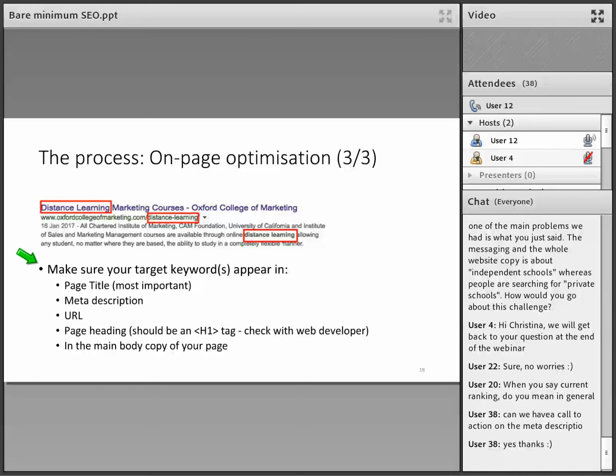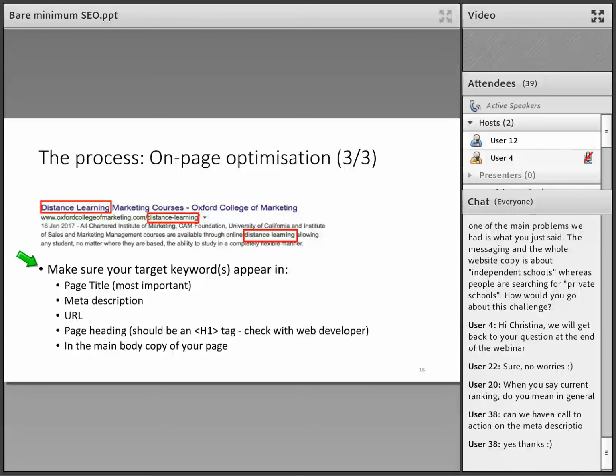Even this one slide is what most people think SEO actually is. Again, it's a good checklist to have. And to be fair, I've probably misled you with the title of this presentation, the bare minimum you should know about SEO. This is probably the bare minimum here, just this one slide. But with the other information I've given you,